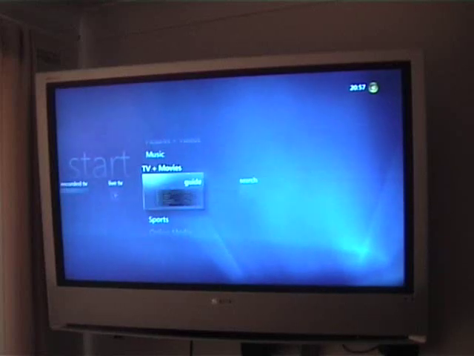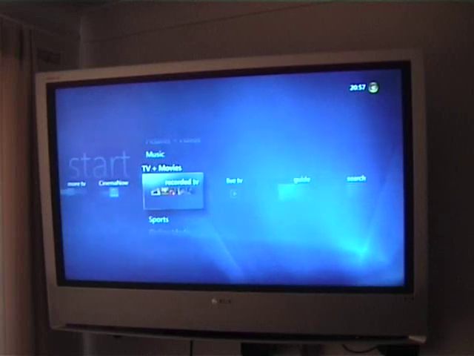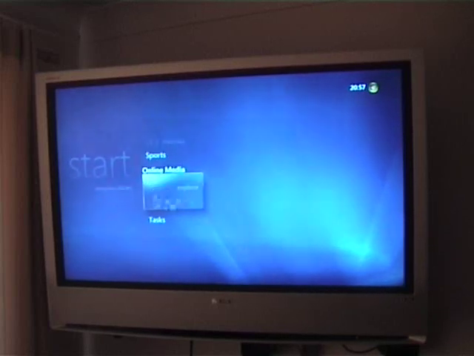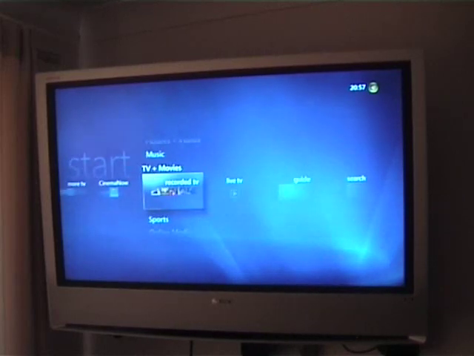Let's see what the transitions are like. Very similar to the other extenders I've used. It's not as smooth as the Xbox 360, but it's responsive. So if I go into recorded TV now,